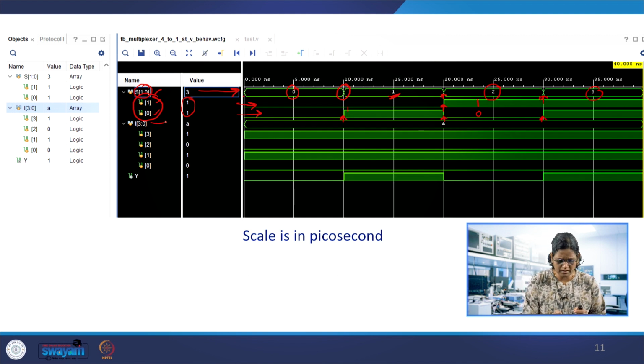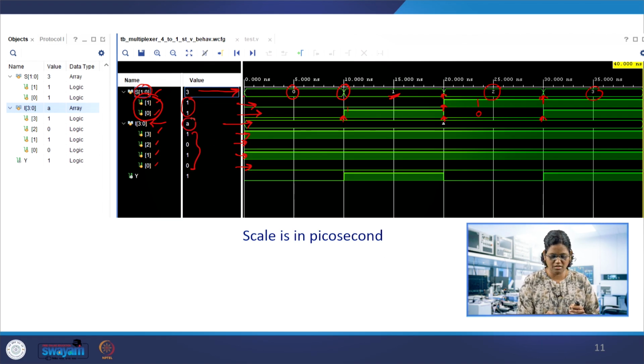Similarly, there is another example, that is I of 0 to 3, that is 4 bits. So, these 4 bits 0 1 2 3 are shown here. So, the first bit, and then the second bit, third bit and fourth bit, this is the combination of all the 4 bits. So, for example, this is 1 0 1 0. So, we have this as 10.